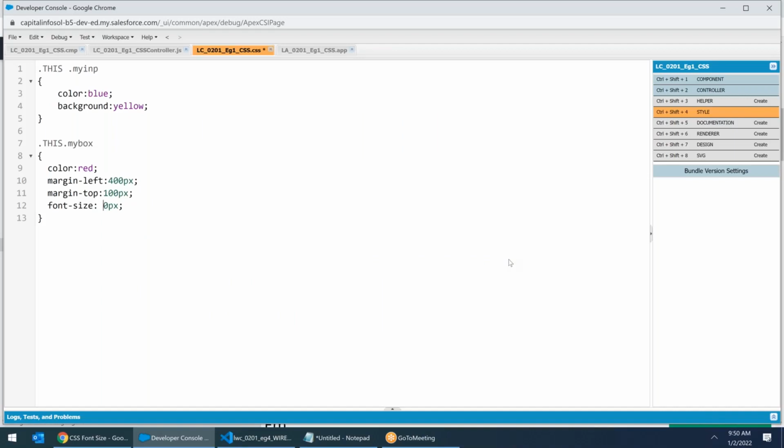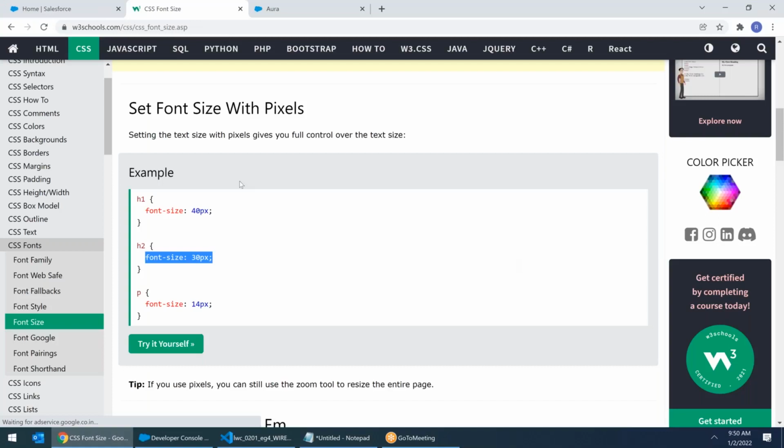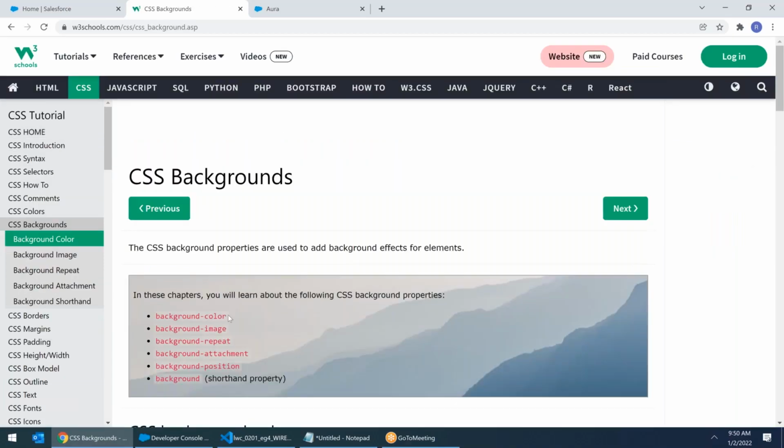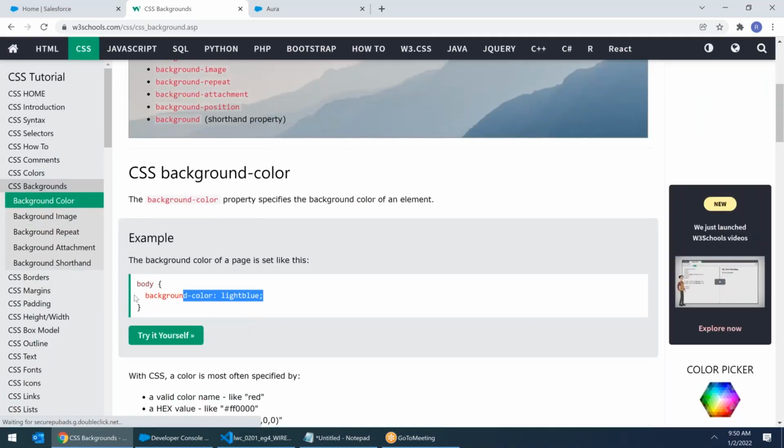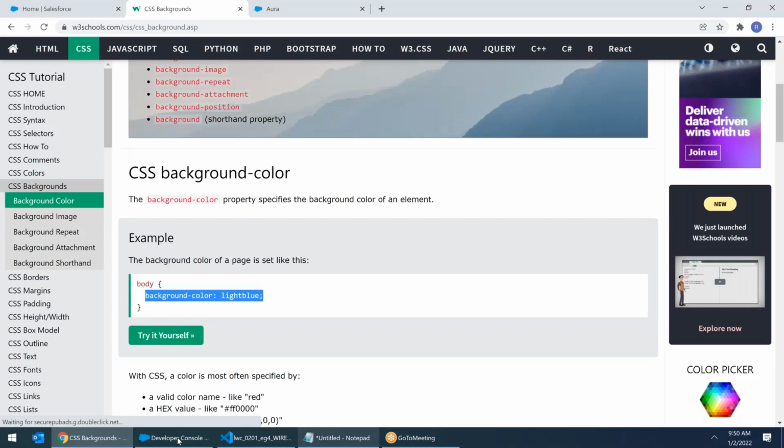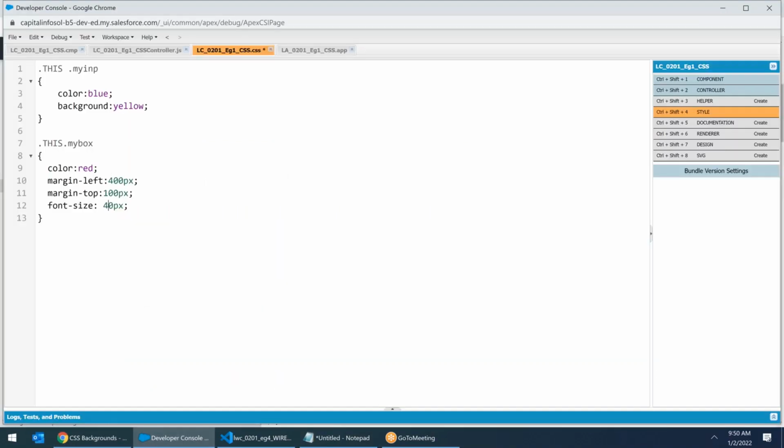So I'll take it to 40. See, from where am I taking this? I'm taking this all from your CSS, from the cascade style sheet. You can see that. Cascade style sheet, right? What else you want? You want a background? Select background, right? Background color. See, background color equals to, let me copy that. I come here. I say background color equals to,